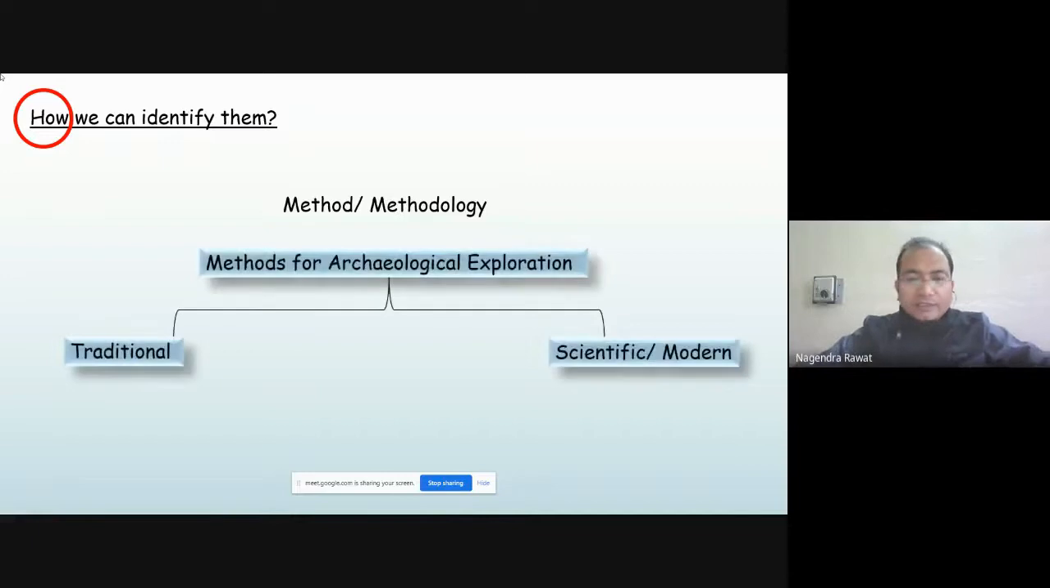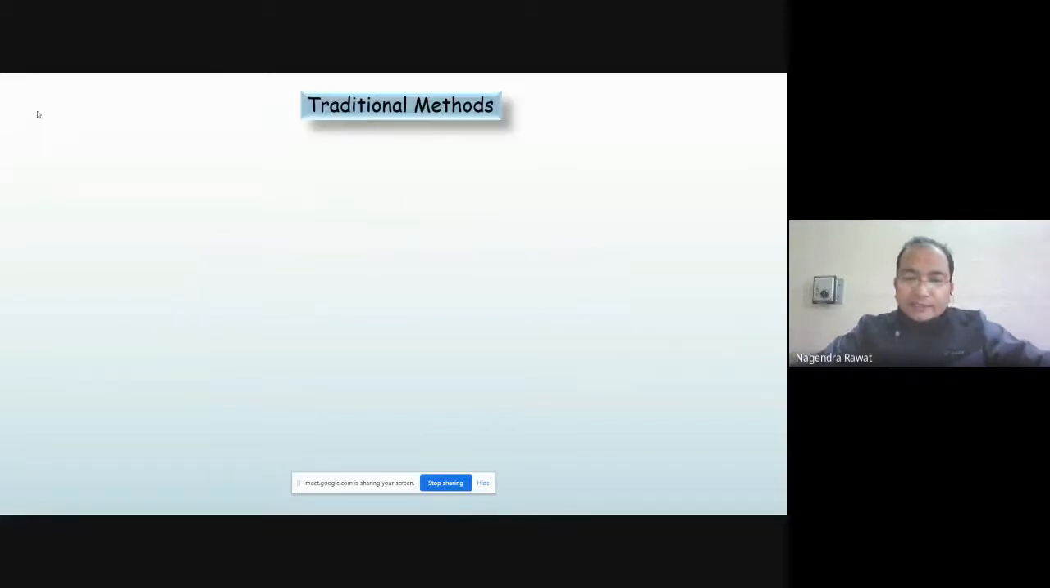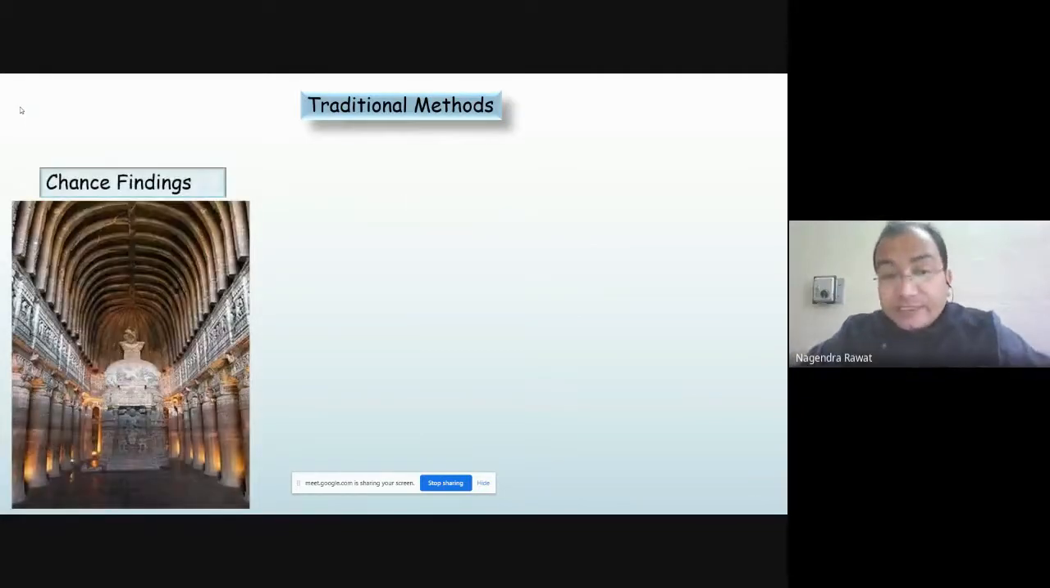Generally, it is known that methods of archaeological exploration are divided into two categories. One is traditional methods, and the second is scientific, or we can say modern, methods. So, in traditional methods, I know this is a very common thing, the chance finding. We generally studied this particular paper in our Master's, but the importance of chance finding, we can see